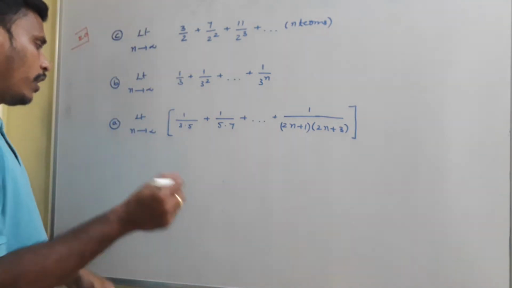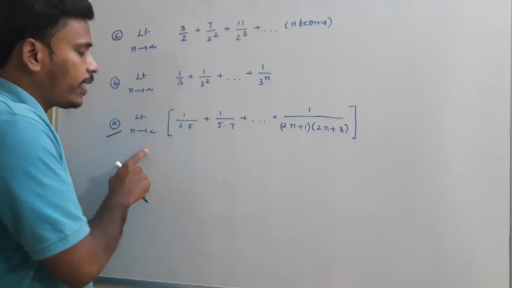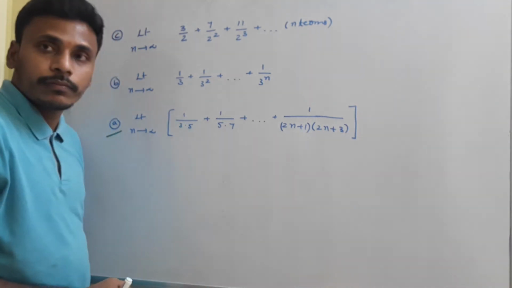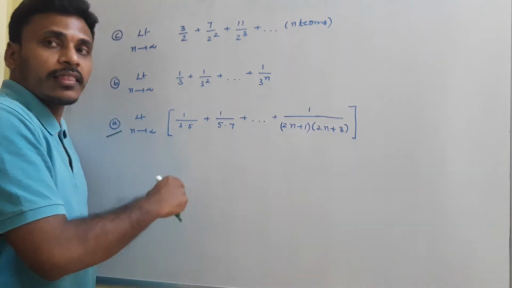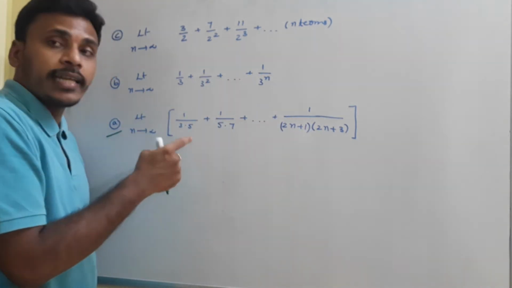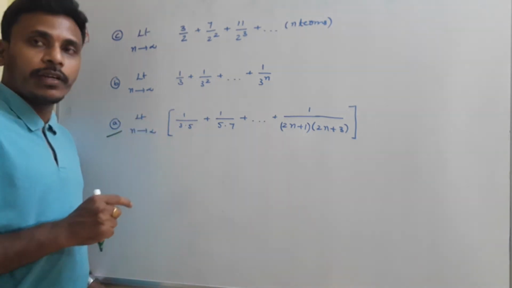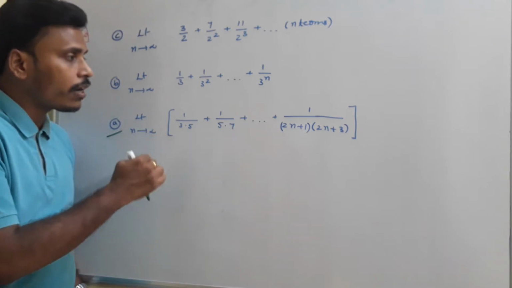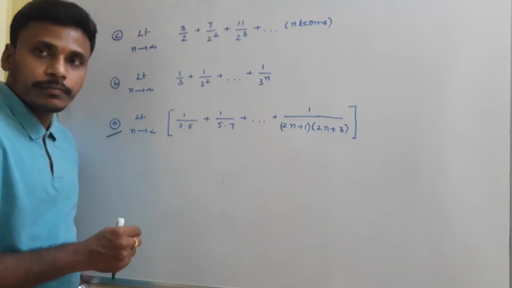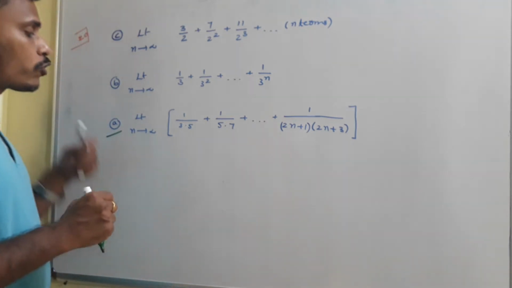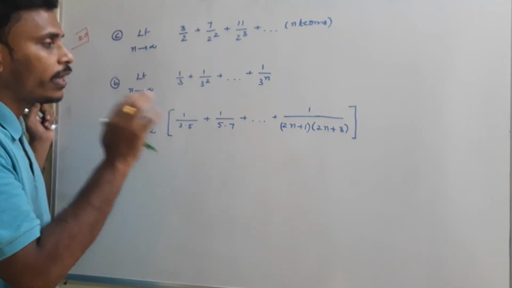Let us look at this problem A. Okay, 20th one, A, B, C, right? So limit as n tends to infinity of this summation. We need to find the limit of this summation as n tends to infinity, right? Directly, if we replace n with infinity, because there are n terms, it is not correct. We need to simplify it first, and then replace n with infinity.